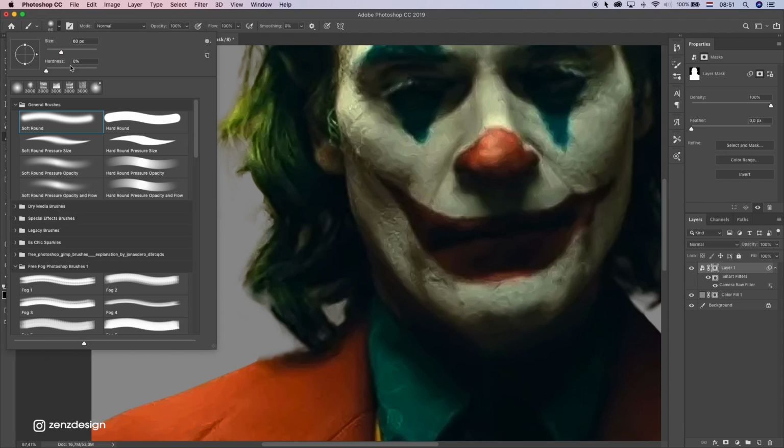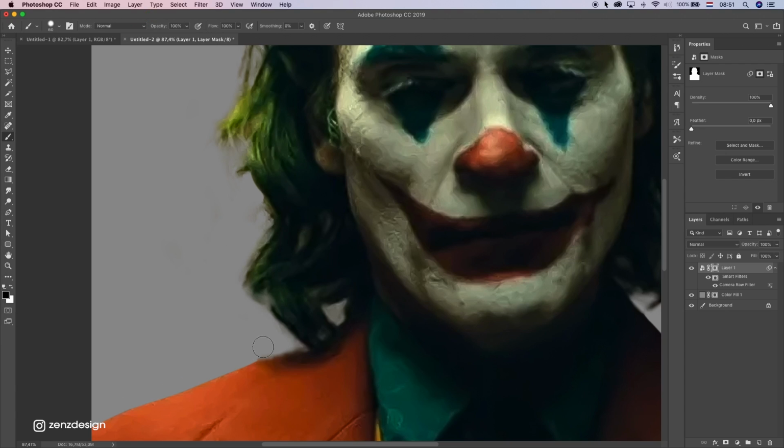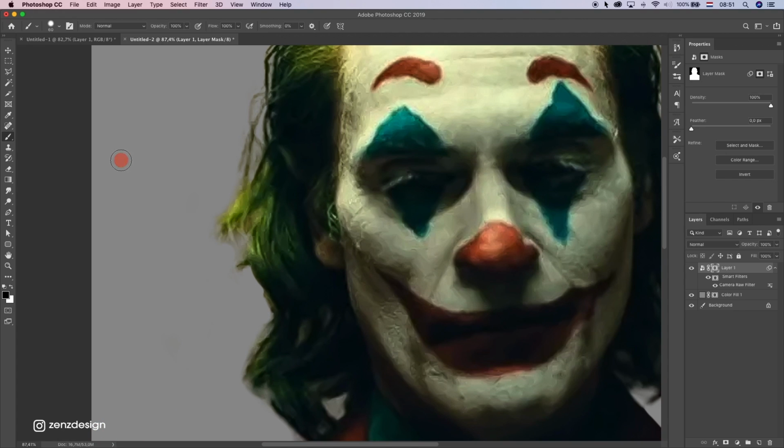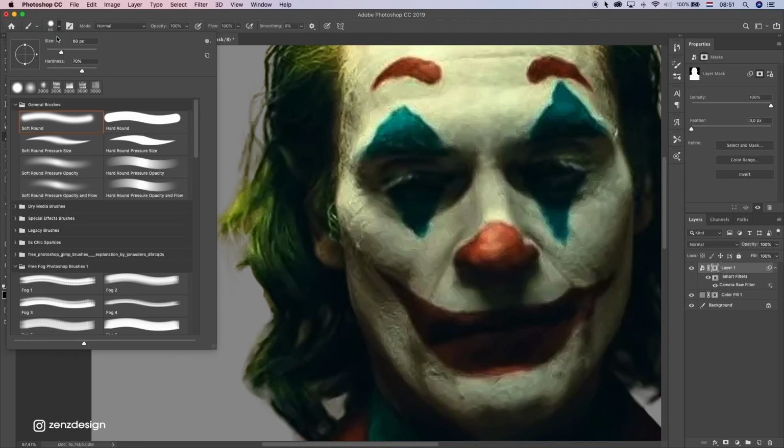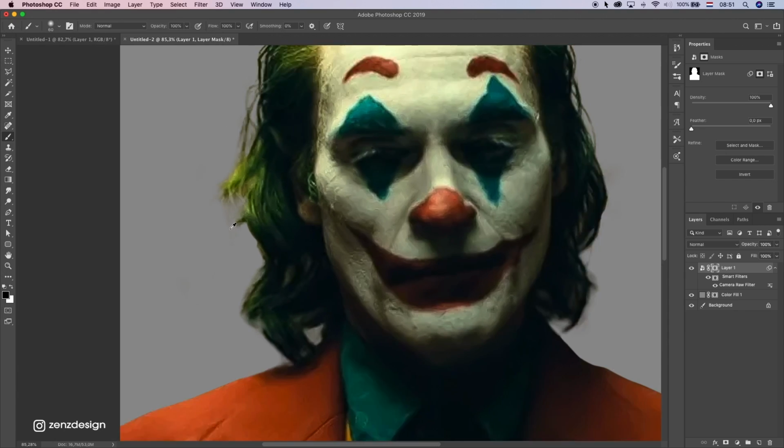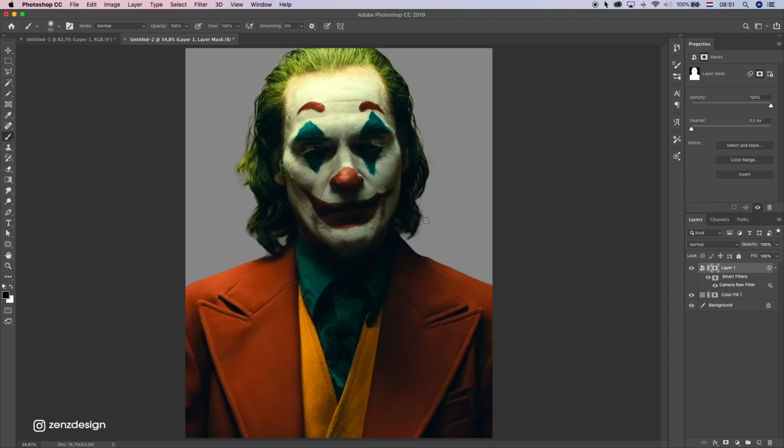You can even increase the hardness here, because we have this suit here, so I don't want to have it soft. Alright, that is okay for now. You can always adjust that later.